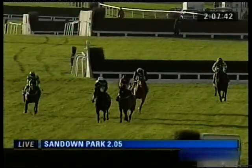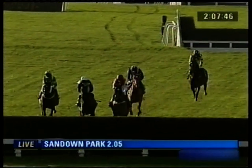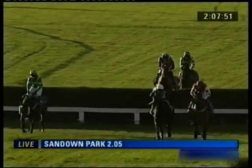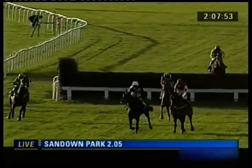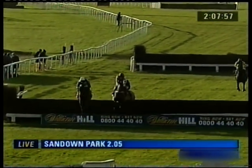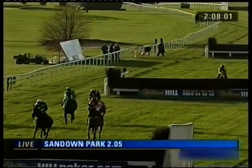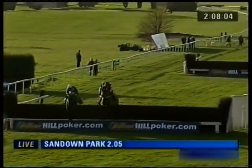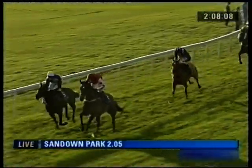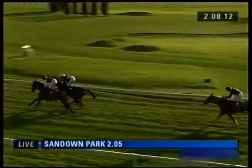They approach the railway fences. Trampoline King is 4 lengths behind them in 3rd place, and then comes New Little Brick, and behind New Little Brick, well behind, is Charlie's Double. The railway fences, Trampoline King got really close to the first of them on the inside, and only just getting over it was Charlie's Double at the back, as Fair Along and My Way to Solzen lead up as they come now to the 4th last, to New Little Brick, who's now been moved into 3rd position. Trampoline King, who didn't handle the railway fences very well, is well behind those in 4th, and then Charlie's Double,